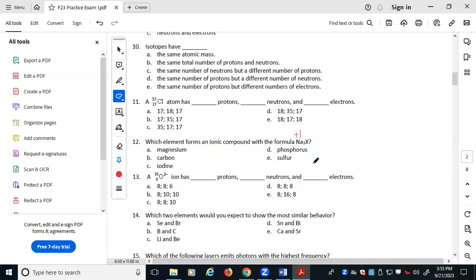Now, logically speaking, we could look at this and say, okay, well, if sodium's +1 and there are 3 +1s, then X must be -3, because to balance out all 3 of the positives, I would need 3 negatives. And since there's only one X, all 3 of those negatives would have to be on that X. And so from there, I would go, okay, well, -3 charge, that's group 15, and phosphorus is in group 15. That must be the correct answer. But